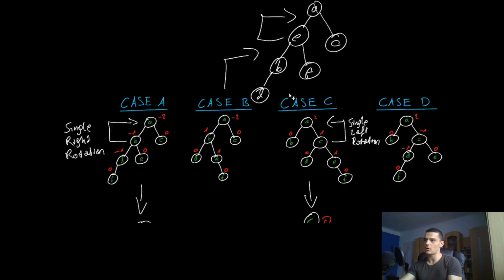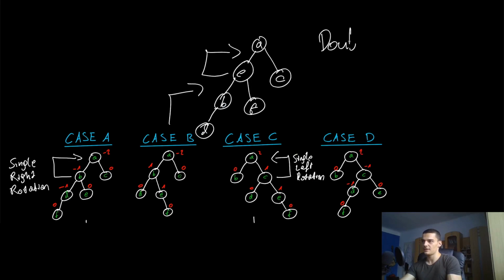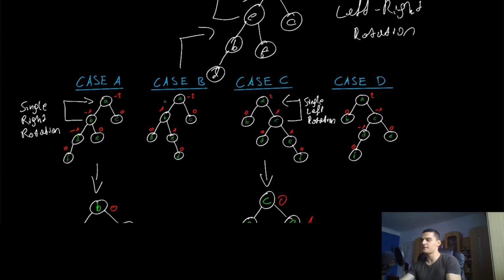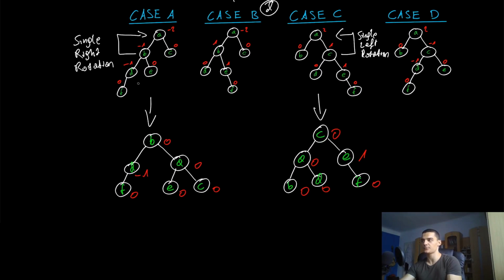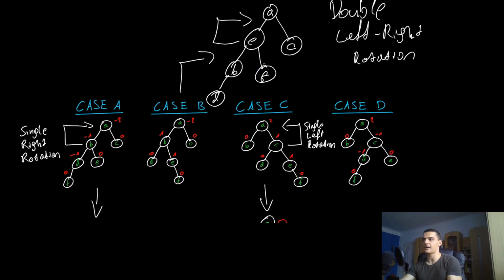So this is called a double left right rotation. This is what we need to do in case B. We need to first take this subtree here and perform a single left rotation so that E is the root node, so that we end up with the same structure that we have in case A, and then we just perform another single right rotation on the root node, the same thing that we did for case A, and we end up with a